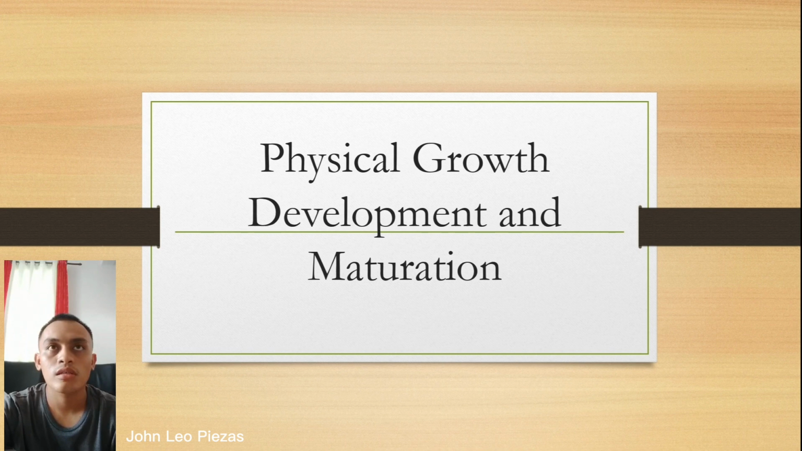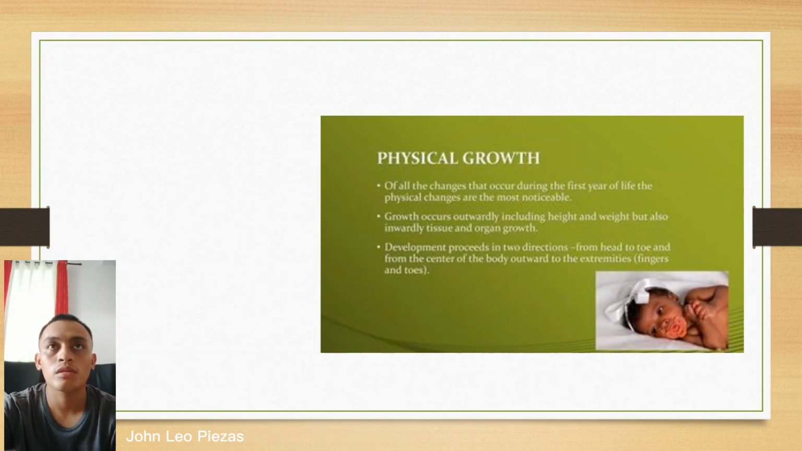I'm here to present physical growth and development. Physical growth refers to all the changes that occur; during the first year, the physical changes are the most noticeable. Growth occurs outwardly, including height and weight, but also inwardly, in tissue and organ growth. Development proceeds in two directions, from head to toe and from the center of the body outward to the extremities, fingers and toes. Growth is the net increase in the size or mass of tissues,